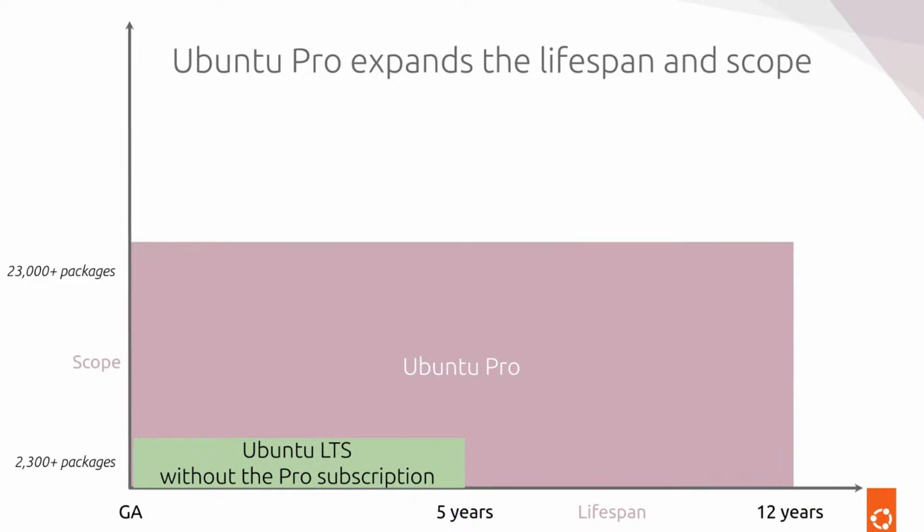But whatever your use case, what Ubuntu Pro gives you is the following. So what you see on the left side of this screen is, let's say you are on Ubuntu 20.04, which is an LTS, long-term supported Ubuntu version. And then, of course, you will be supported as usual. You will continue to be supported for 5 years. And the security fixes are going to still be available for all 2,300 packages that are part of our main